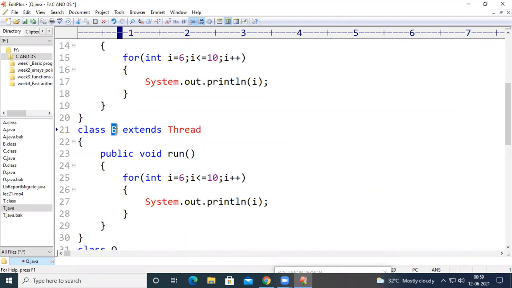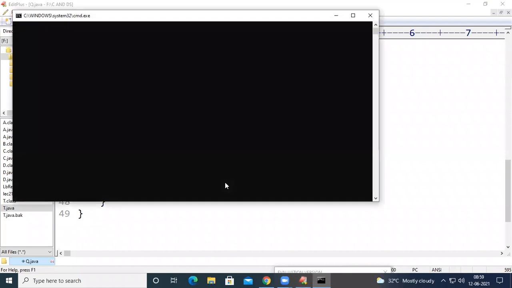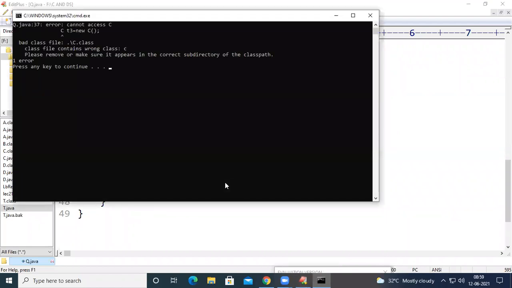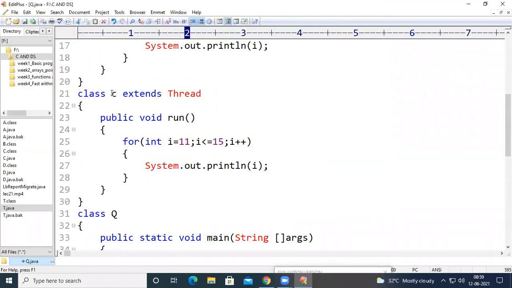See here, this thread 3 is going to print the numbers from 11 to 15. So if I compile this code, just a second. Yeah, we have to take it as capital C, right?